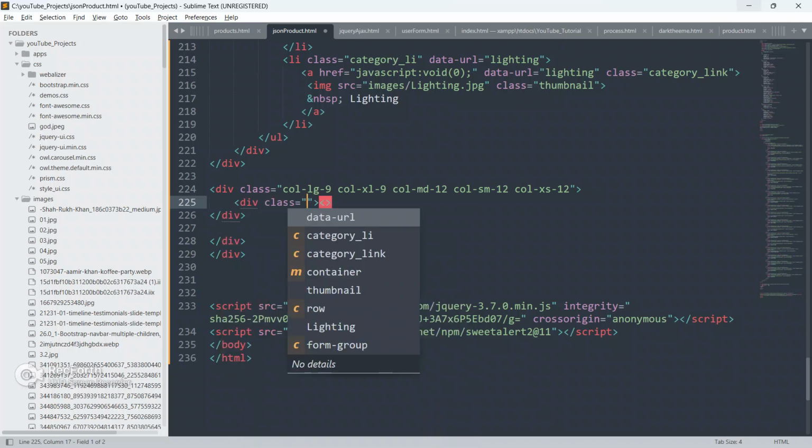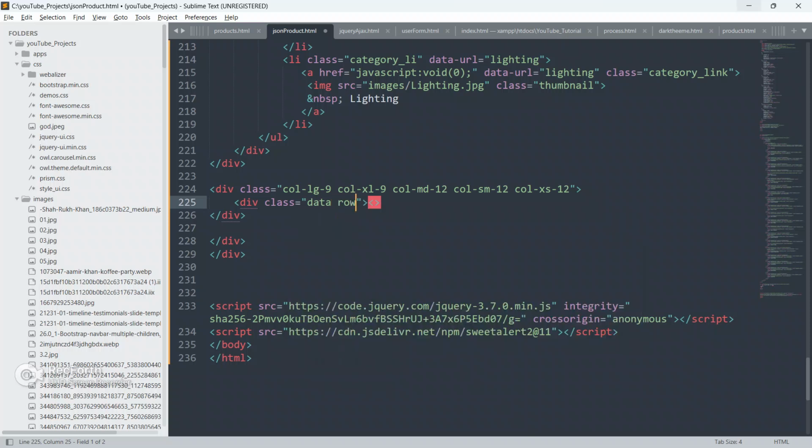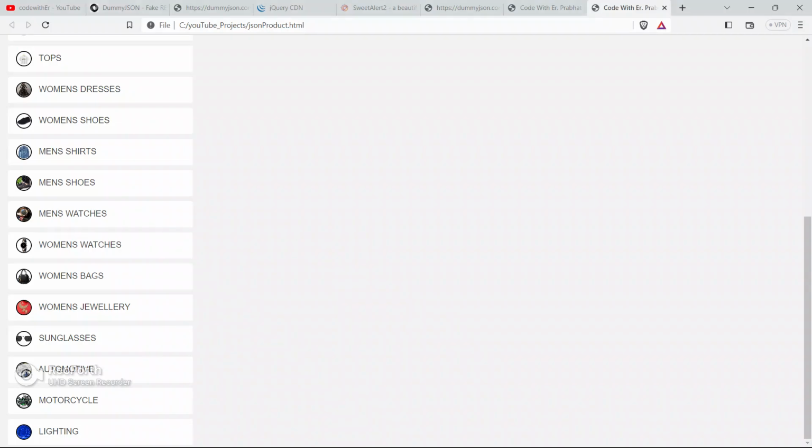Okay, so create another div, give it a class as data row justify content center. Okay, so now guys we are all set to write JavaScript to fetch the product from